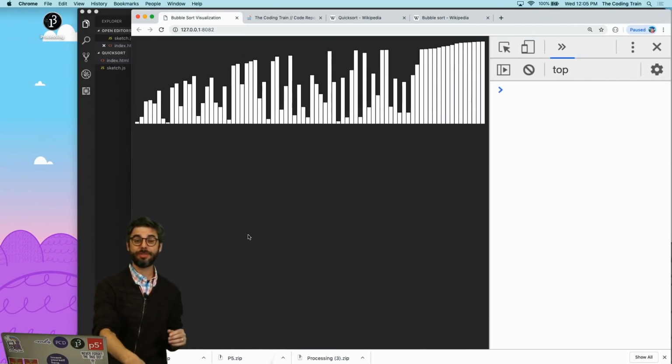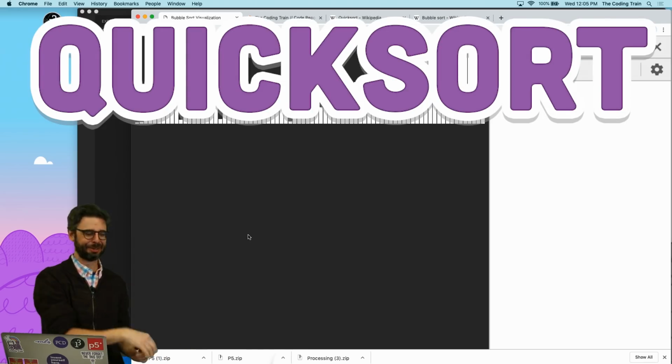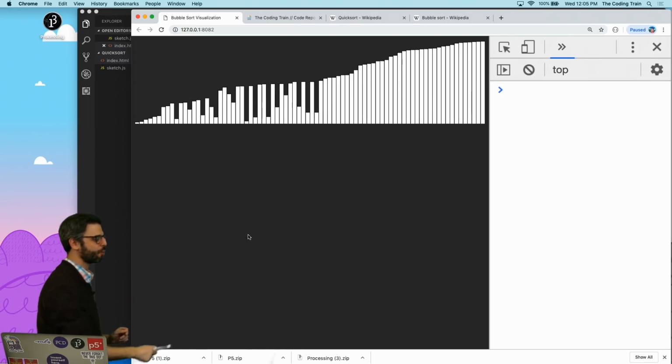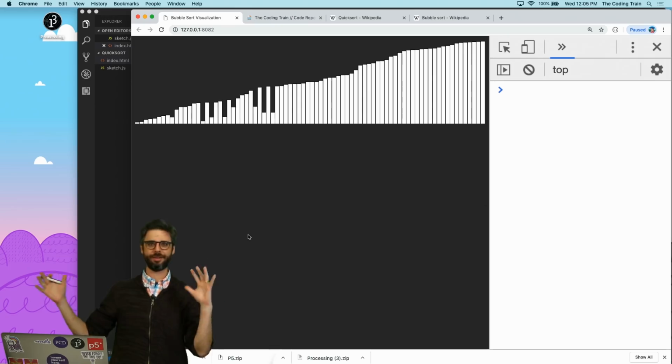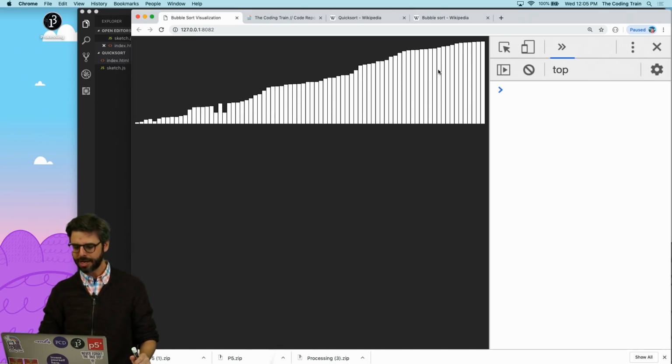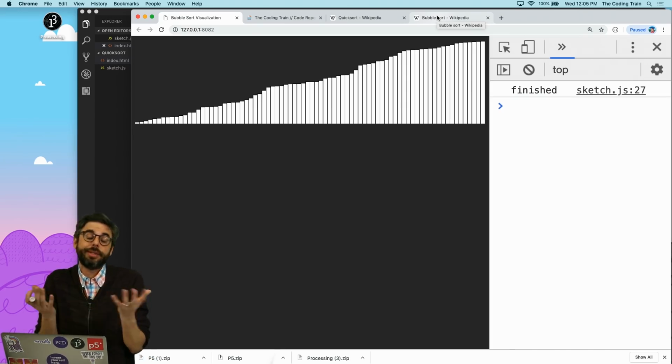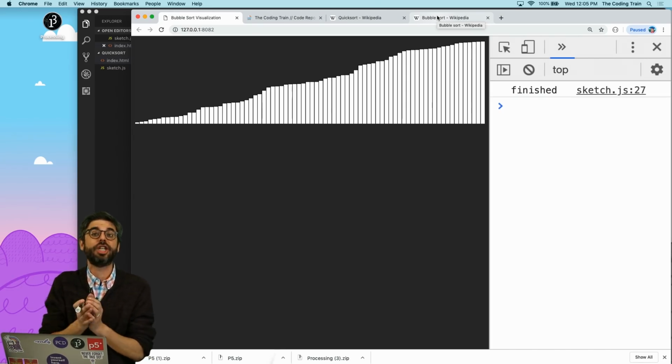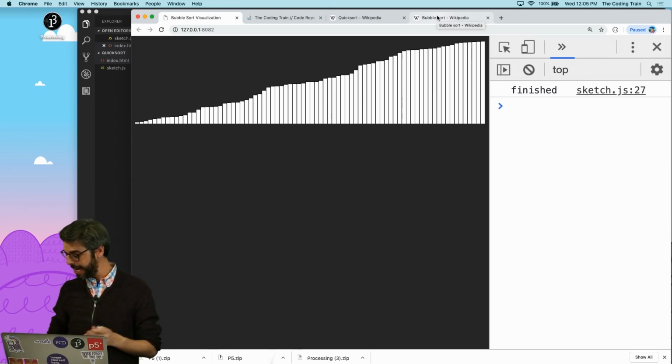Hello and welcome to a coding challenge, Quicksort visualization. What you're seeing here are the results of my previous sorting visualization challenge where I did the bubble sort. Now the bubble sort is a really nice sorting algorithm to start with. It's relatively easy to implement with just some for loops, but it's very inefficient, and it's